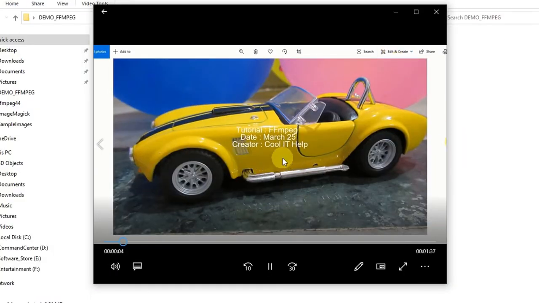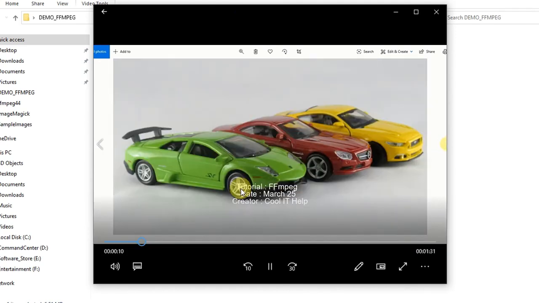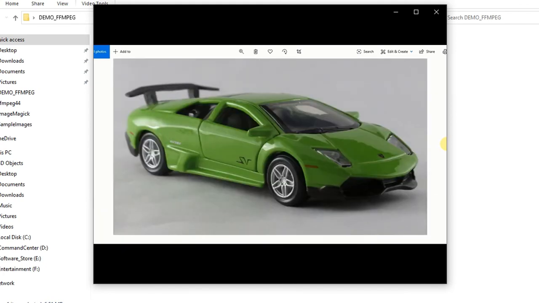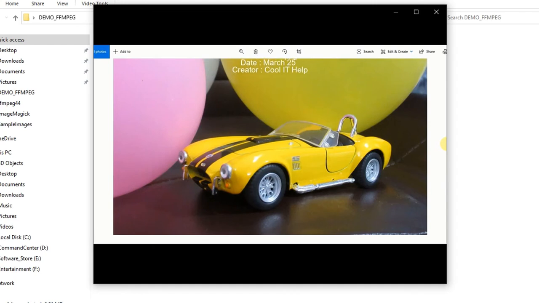Okay guys, now see this. The text came out from the bottom and it is moving in the upward direction and now disappeared. Now finally again appeared from the bottom and keeps going to the top. And this is inside the loop, and this loop will go on till the end of the video, you can see.